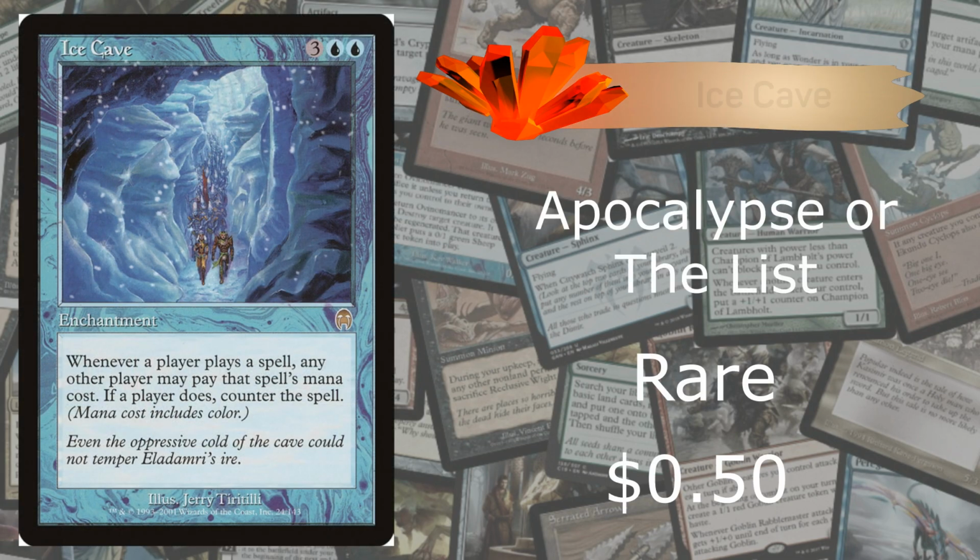At number 9, we got Ice Cave from Apocalypse on the list. It's a rare going for, that's right, only a whopping 50 cents on the market. This card is actually kind of cool. That's why it's at number 9, because it is playable in maybe Commander decks, because it says whenever a player